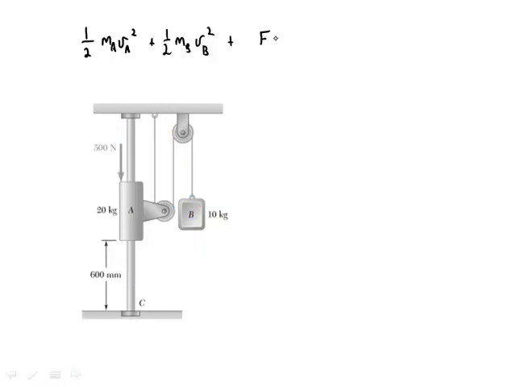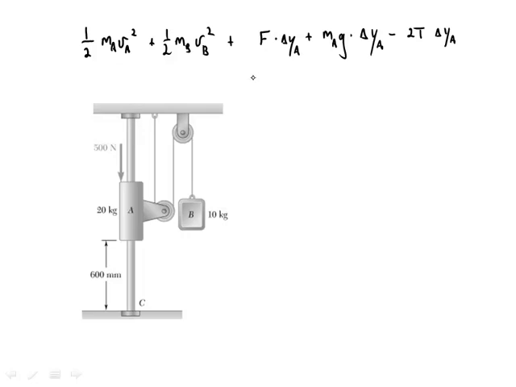So I have F times delta y plus the mass of A times g times delta y, that's the work done by the force F and gravity, minus 2T times delta y. And I should subscript my delta y A. That's the work acting on A, but this is a system, so now I have to add the work acting